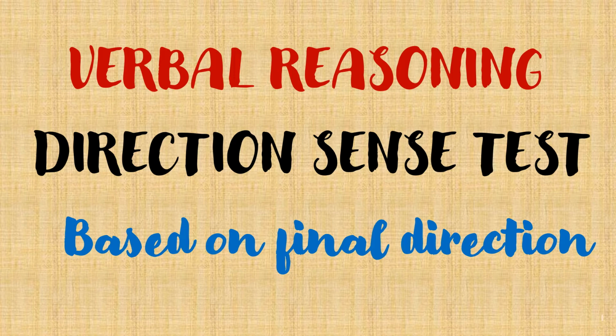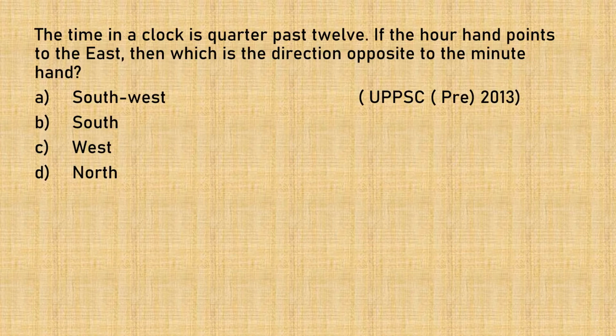So we have already taken up two videos based on the direction sense. The first video in which we discussed the rules, the second video in which we discussed how to find the distance or the displacement. So here I come with the third video of the series in which we'll learn how to find the direction, and I'll be taking up some previous year questions which have appeared in the competitive exams so that you can understand the concept really well. So let's learn how to find the final direction based on the direction sense that are given to us in the question. So in the first question,